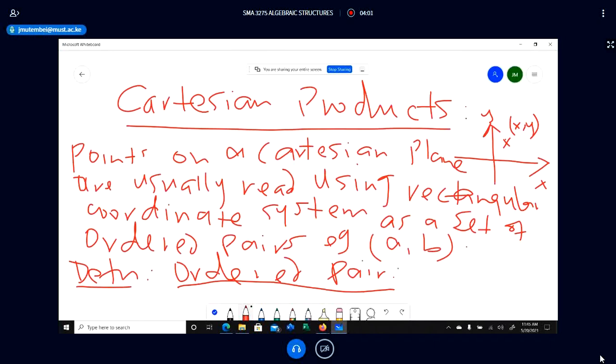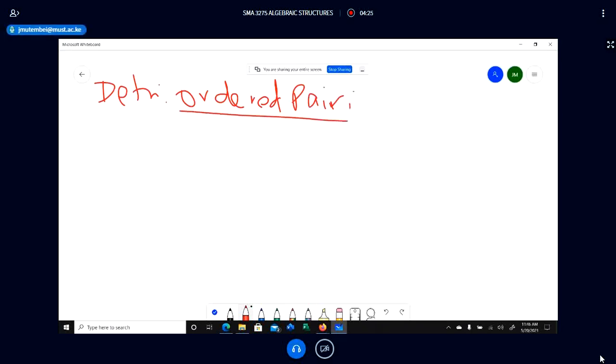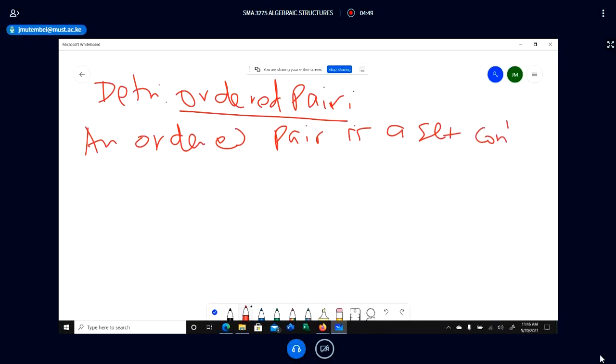Definition: an ordered pair is a set containing exactly two elements,